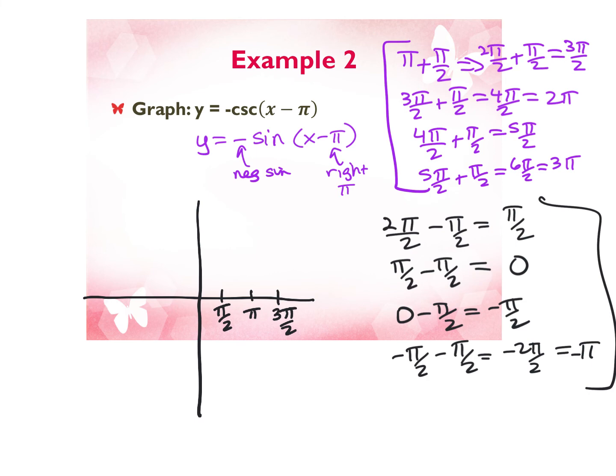And then I have 2 pi. 5 pi over 2. And then lastly, 3 pi. Over here, I'm going to have negative pi over 2, negative pi,